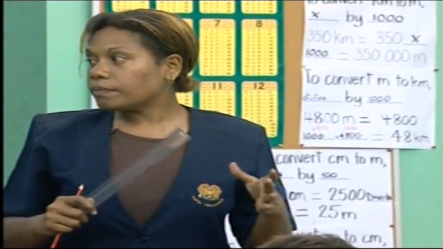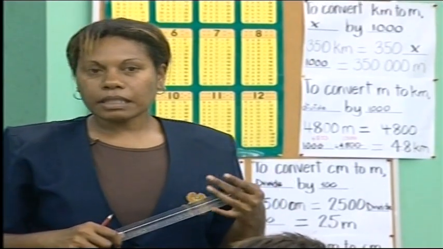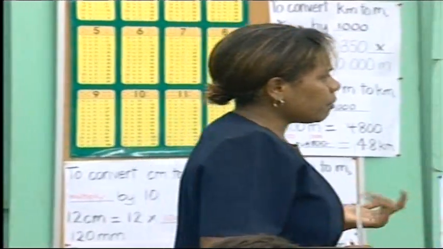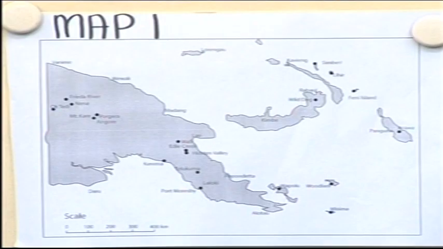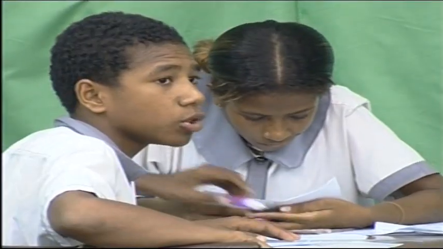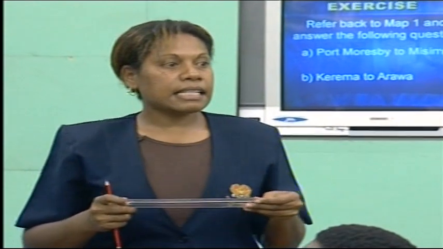We're just saying suppose. What about Kerema to Arawa? 10.5. What will be the distance on the map of these two places? 10.5 centimeters. So what are we going to do with 10.5? Times 100 kilometers, which gives us